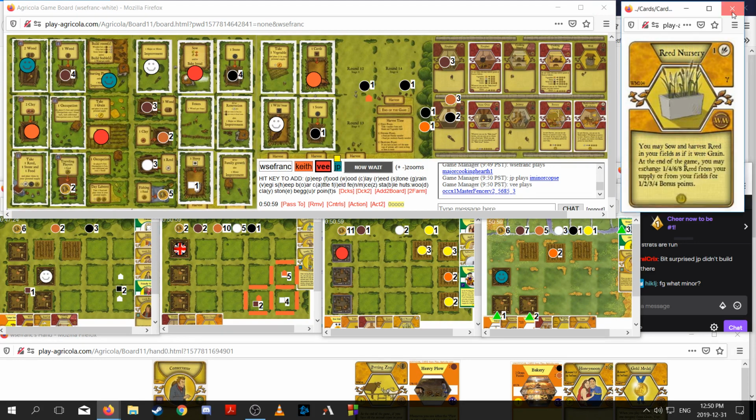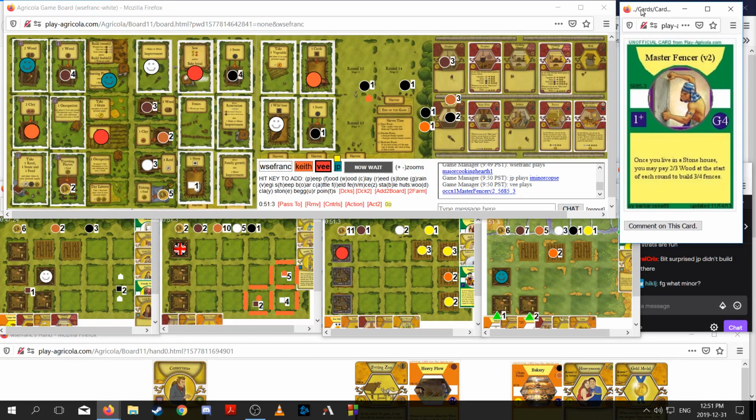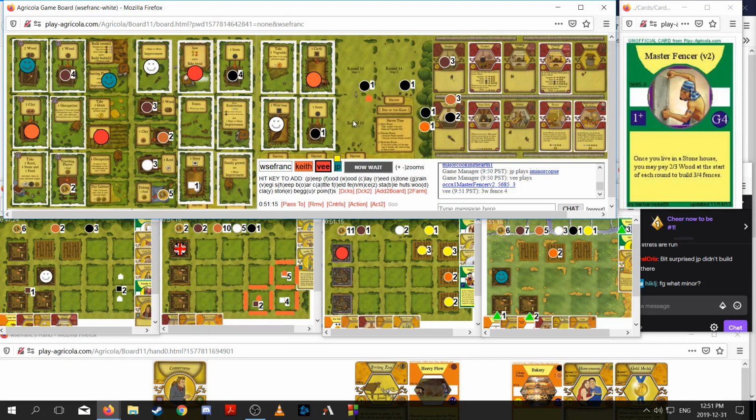Oh, V's got Master Fencer. Okay. Oh, and then he gets to buy 3 wood with his sailboat constructor. Yeah, I think we play Honeymoon. I think it's worth playing here. So I'm going to go up to 5 people in at the end of round 12, so...